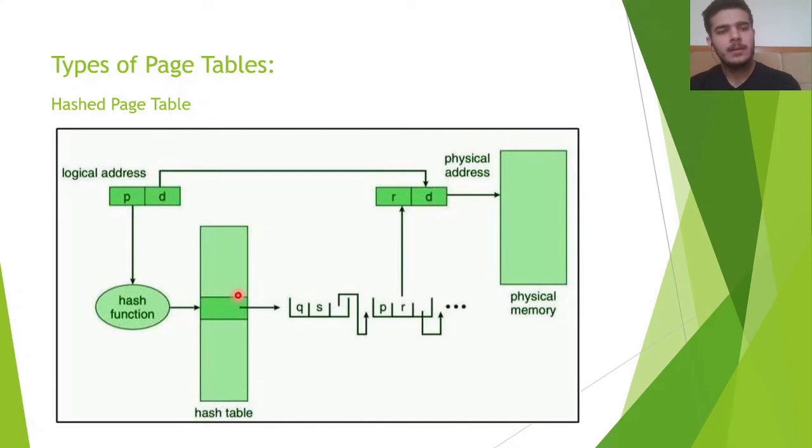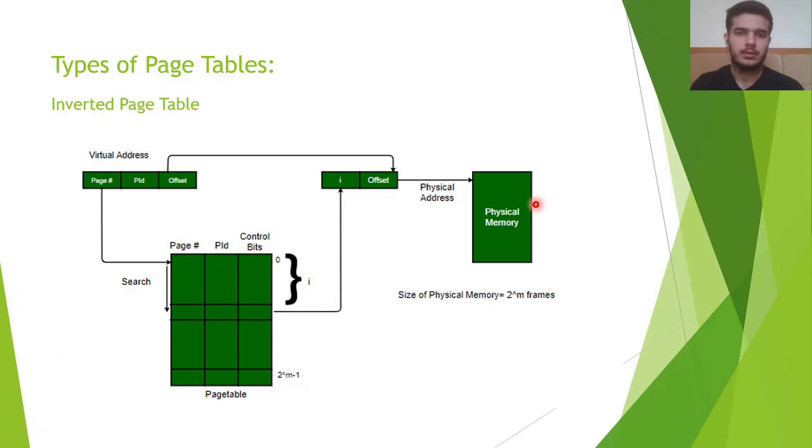Hashed page tables work like this: we put a virtual address into the hash function, we get some hash, and we store it in the hash table. It is possible that various addresses give the same hash from a given hash function. In that case, we use a linked-list type of approach, and we traverse one by one through the hash table, and if we match the entry, then we proceed as before. We add the offset and we get the physical address.